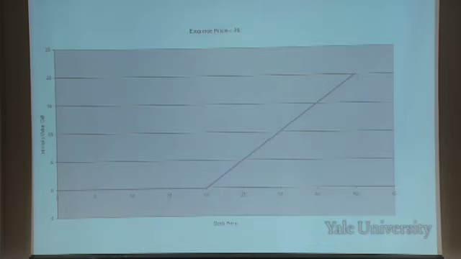This, on the vertical axis, is the intrinsic value of the call. I have to distinguish it from actual value. This isn't the price that is quoted for the option. This is what it would be worth if you exercised it today. The option has value beyond its intrinsic value, because even though it's worthless today, it might be worth something in the future. I'll come back to that, but I'm just talking about intrinsic value.